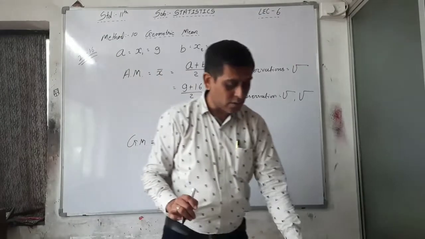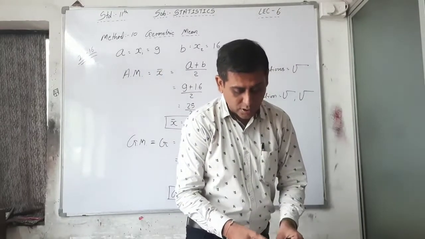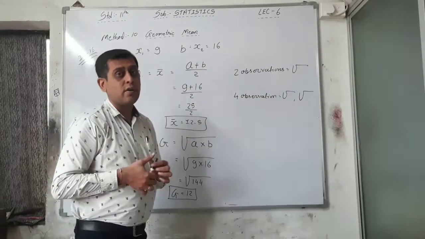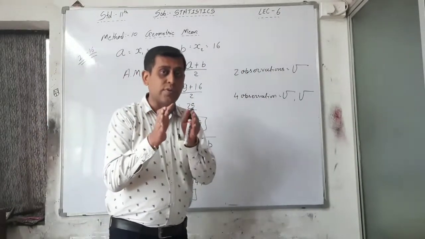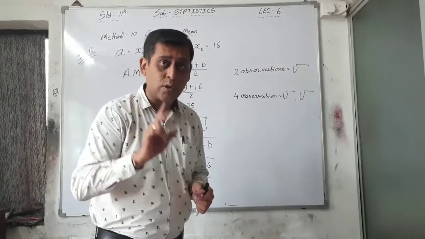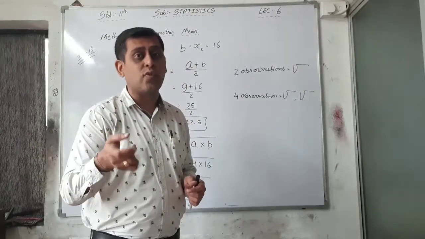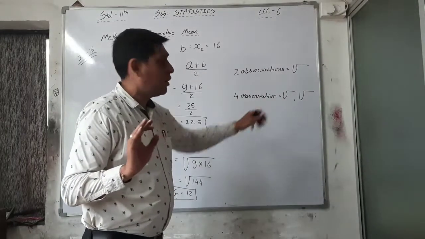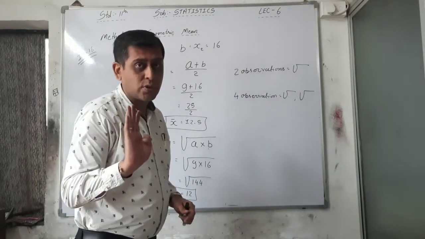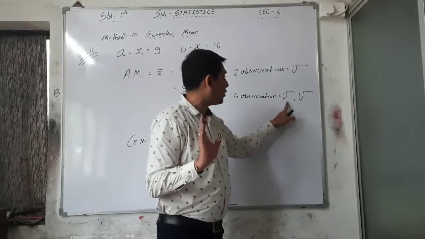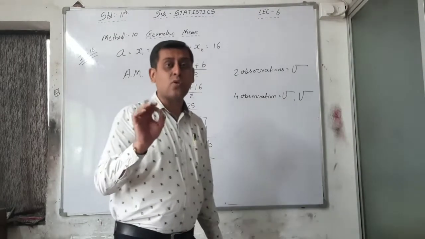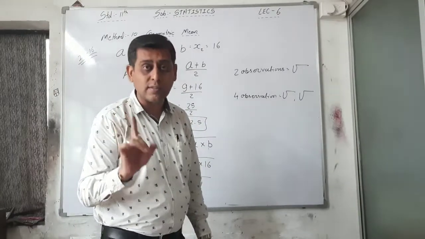See, we will discuss that in our illustration number 14. Right? There are 4 observations given. First we multiply the 4 observations, then find the square root, and then we find the square root of the answer, and that is our final answer. Okay? So here, for 4 observations you have to find the first square root, and then the square root of the answer, that is your final, or you can say ultimate, answer.